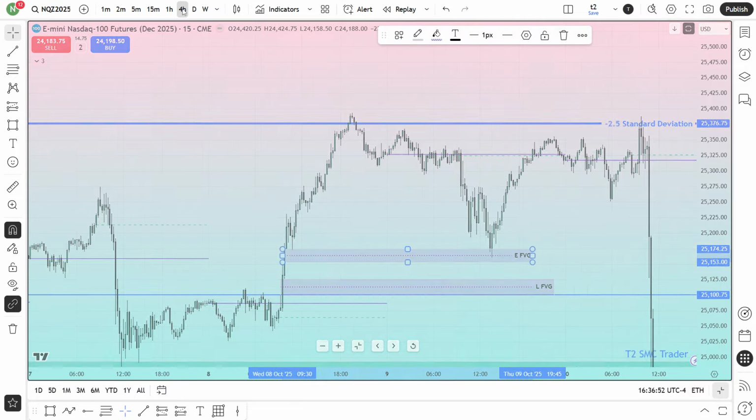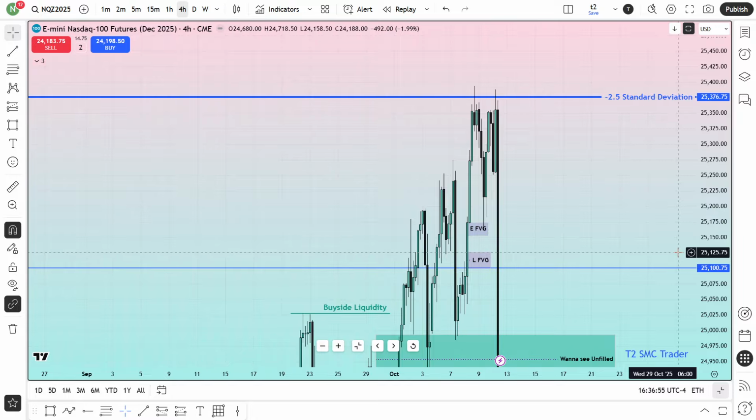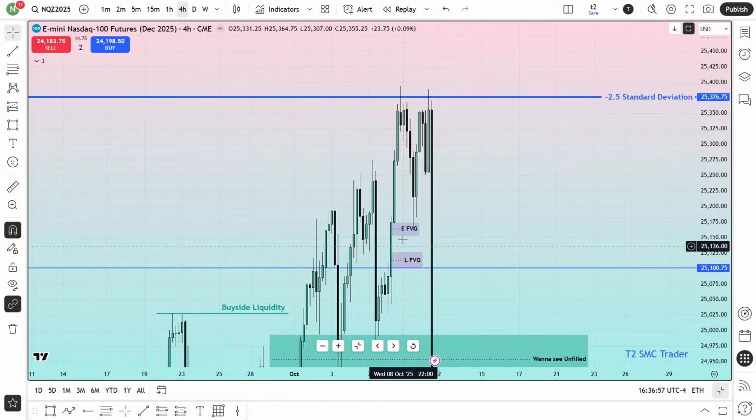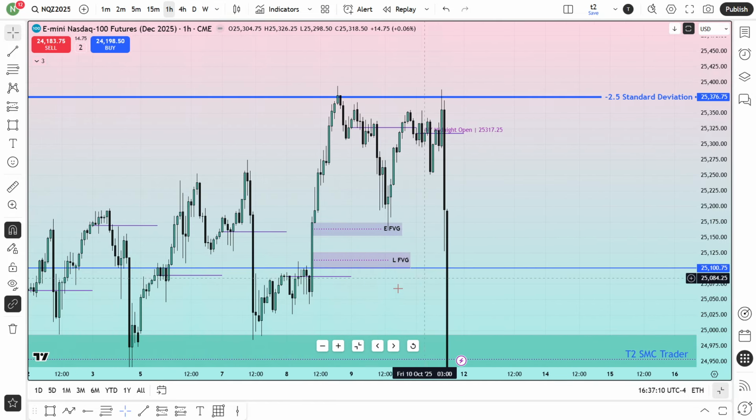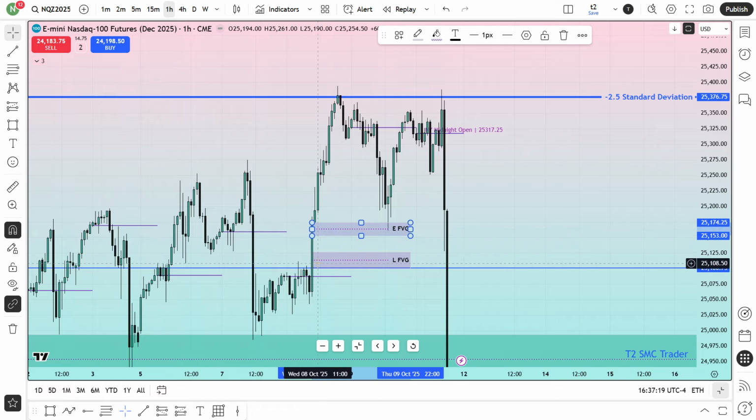I would love to go to the 4-hour chart. If I come to this 4-hour chart, you can see this entry gap and the last gap are both inside the 4-hour last gap. So this is the 4-hour last gap. The market fell until the last gap of the 4-hour chart, from here to here. Again, if I go to the hourly chart, the same thing happened over here to that hourly candle. This is the last fair value gap. So this entry gap is actually aligned with the hourly and 4-hour last fair value gap. That is why the market actually came until here and then respected a bit over here.